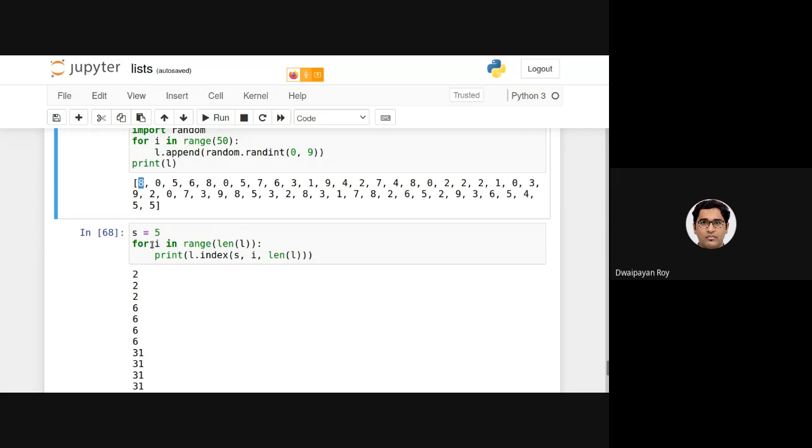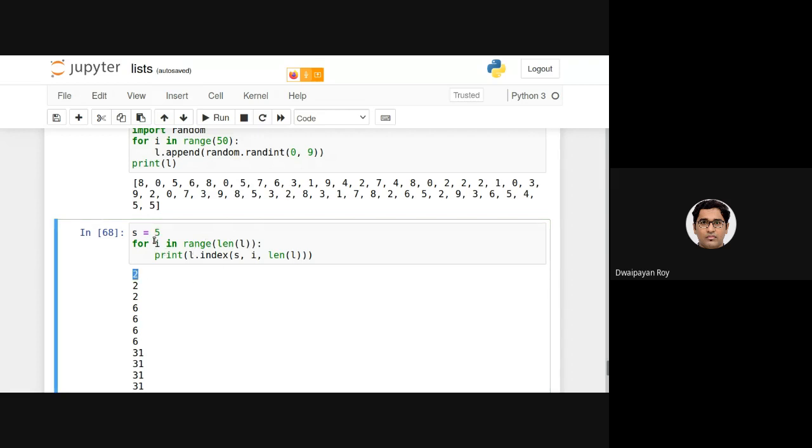As you can see, I have written this for loop, and the value of i, the iterating variable, is the location from which I'm starting the searching. So here, first i is 0. In the first case, the existence of 5 is checked from the 0th location up to the 49th location. So it has returned 2.